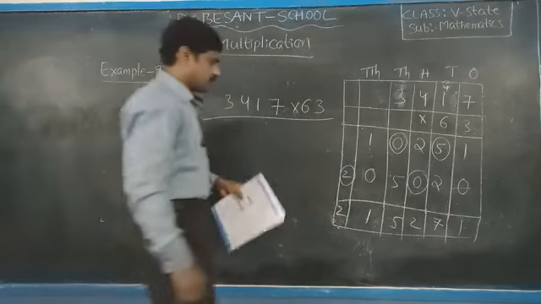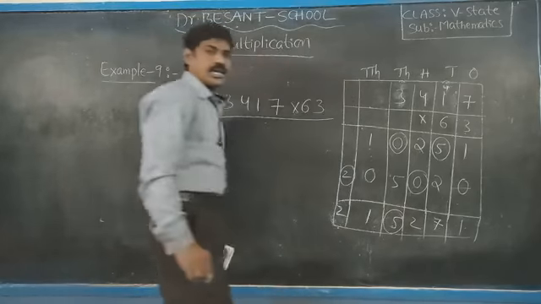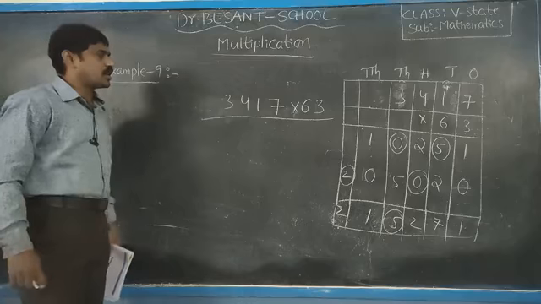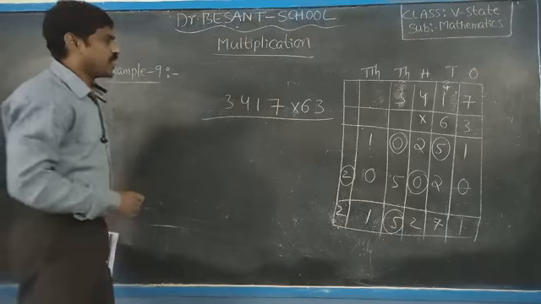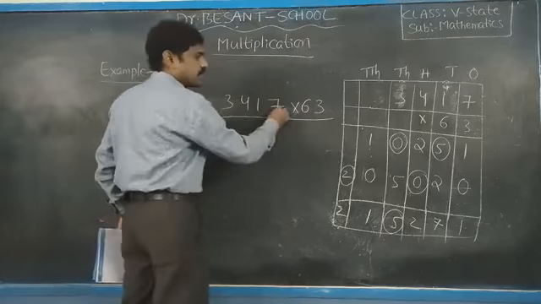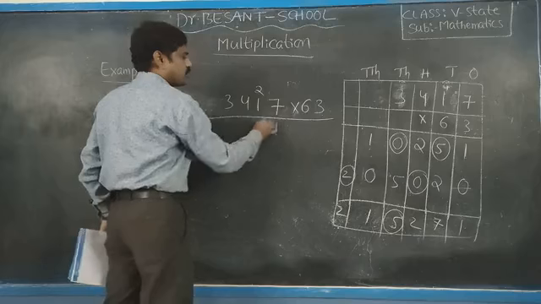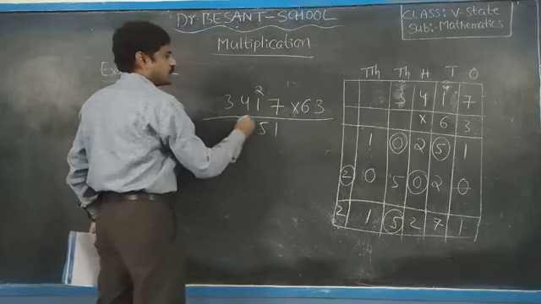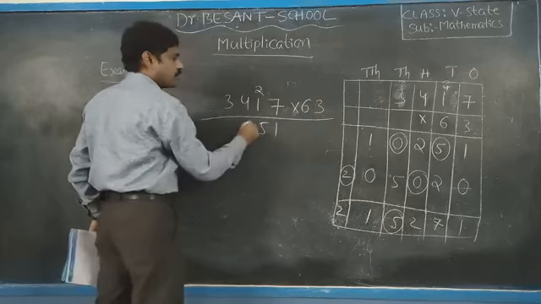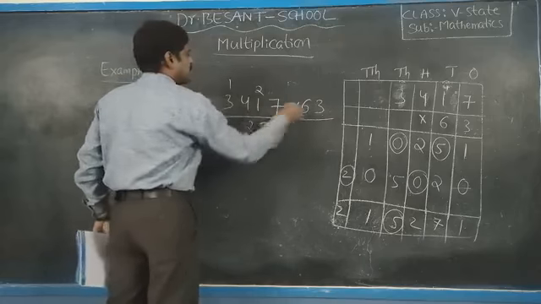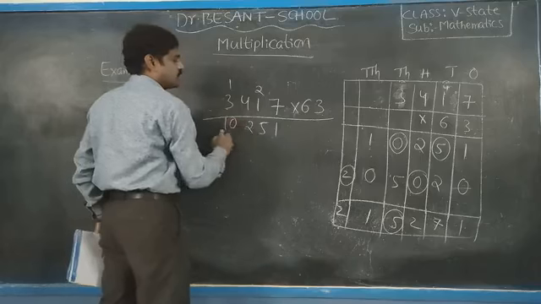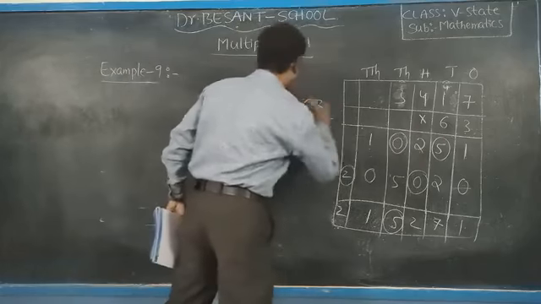So this is also a circle we have to find out. Understood or not? In general multiplication, this is how we can do it. 3 7s are 21, 2, 3 1s are 3 plus 2, 5. 3 4s are 12, 2, 1, 3 3s are 9 plus 1, 10. See, 1 0 2 5 1.